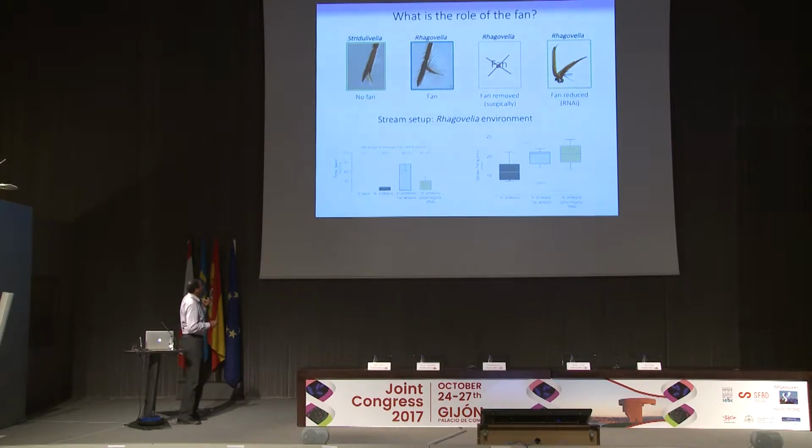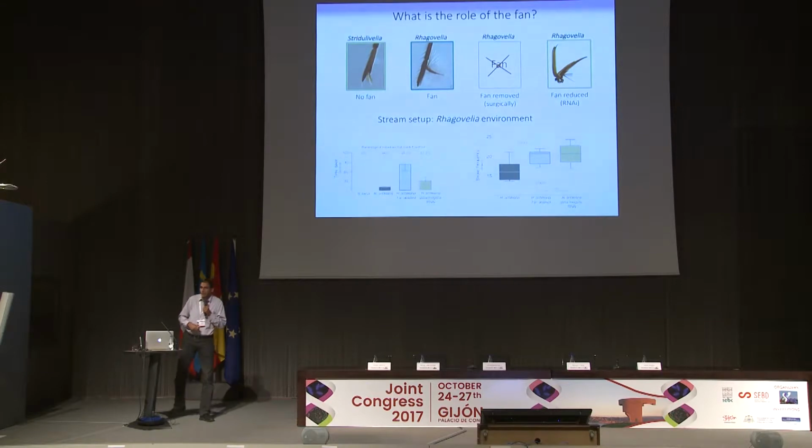When we analyze this group of individuals in this setup, this is a very striking result. This species, which is the fastest in calm water, 0% of them were able to go against the current. So without the fan, they can't do it. The ones which have an intact fan, they all make it against the current, and they make it in a very short period of time. And again, the ones with pieces of fan have an intermediate performance. 78% of them made it against the current, and it took them less time than the ones where we removed the fan surgically.